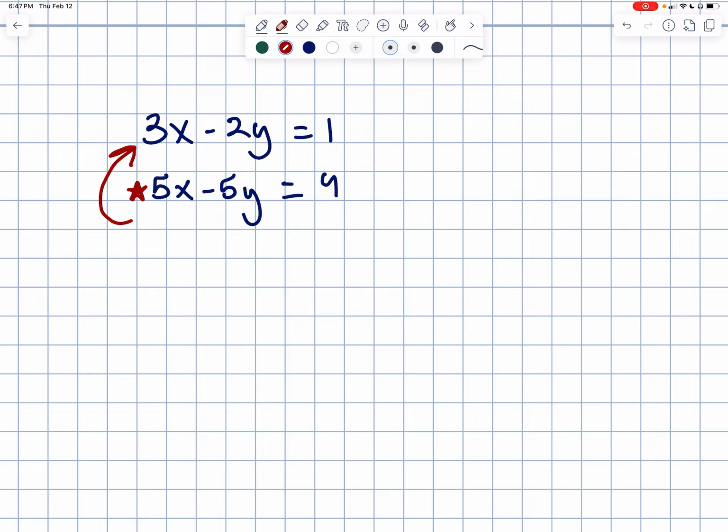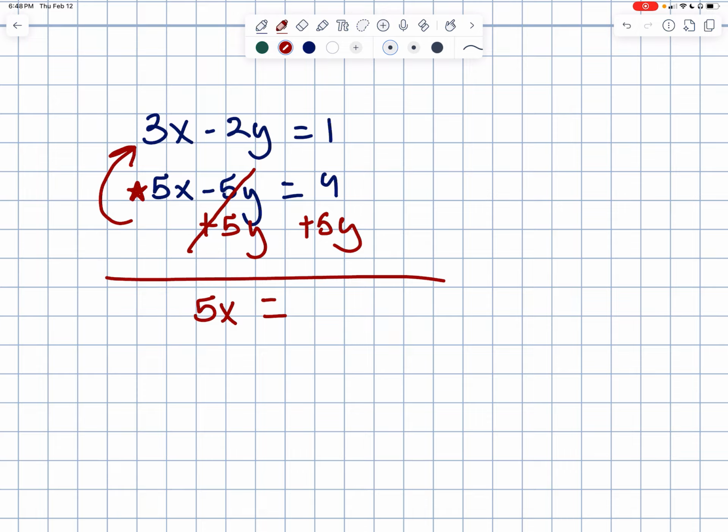Go ahead and get rid of 5y since we're trying to get 5x by itself. We're going to add 5y to both sides. Put a line underneath it. Okay, we're left with 5x. This crosses out equals